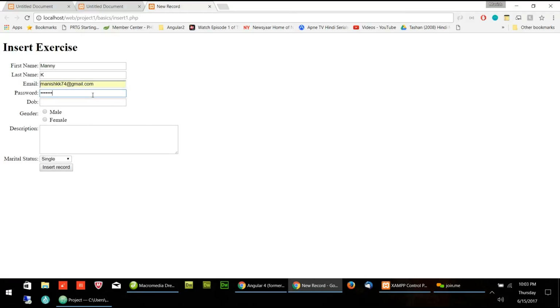Here, don't put your real password. Always try to put a wrong password because this is a dummy site. You know what happens? One time I created such a website and I gave the link to my friend. I said, okay, just fill this form. This is my website. Just experiment with it. He put his real password like Kerry did on that day. And then it went to the database and I was able to see that. But he did not know that I was able to see that.